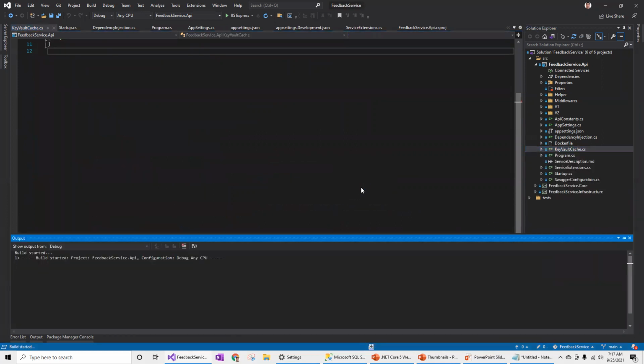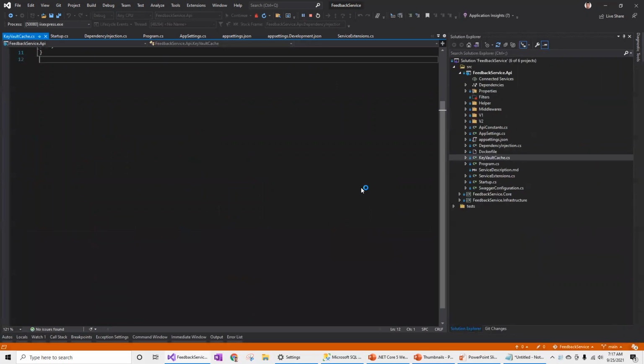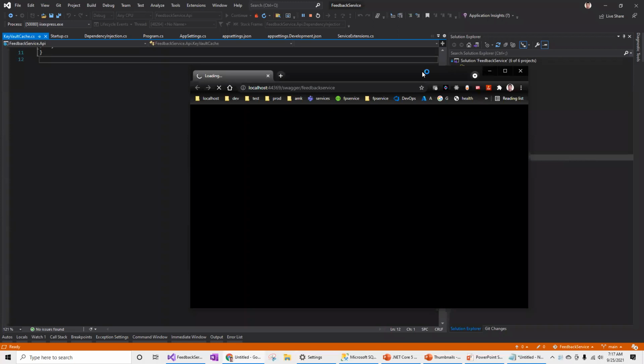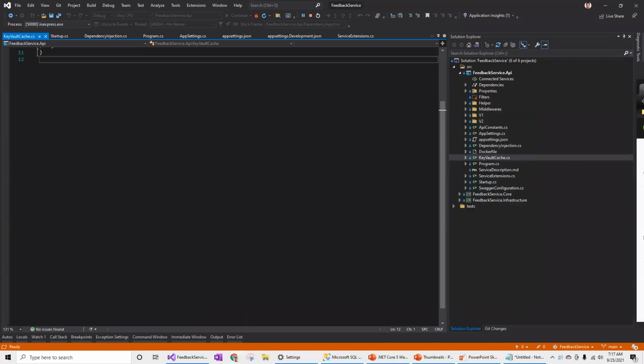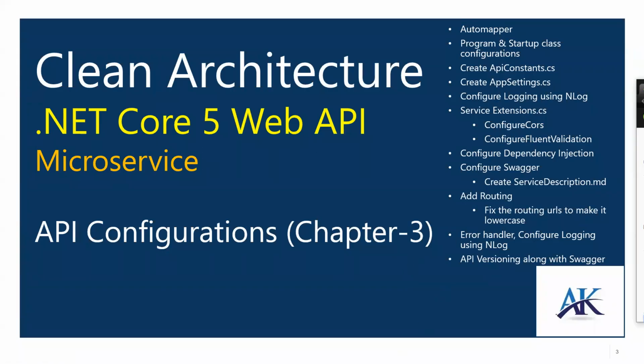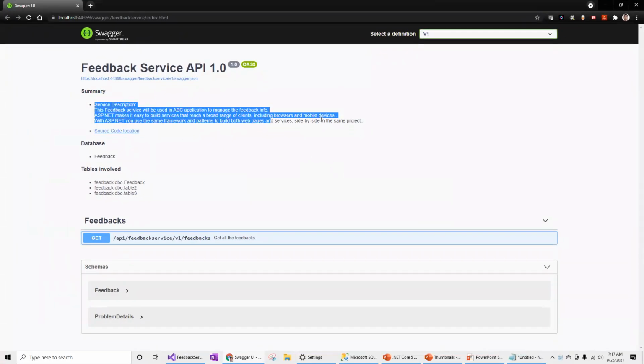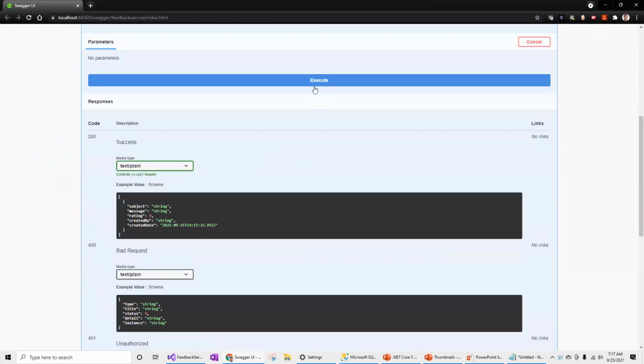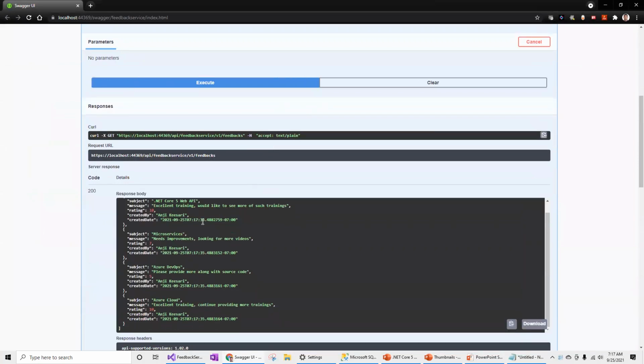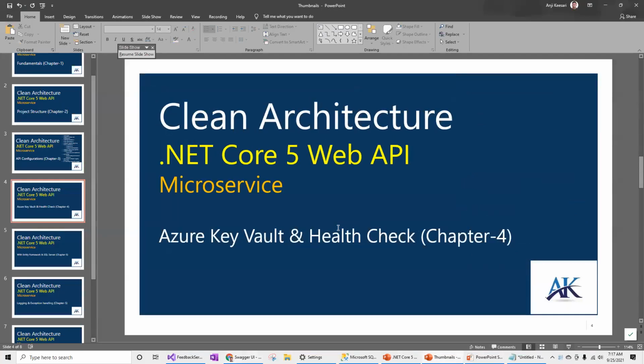So if I run the code that was done as part of video 3, I should be able to run the, let me go back. So this is the service description I was talking about. I added one API endpoint just for running the code and adding the source code. So this returns the response.